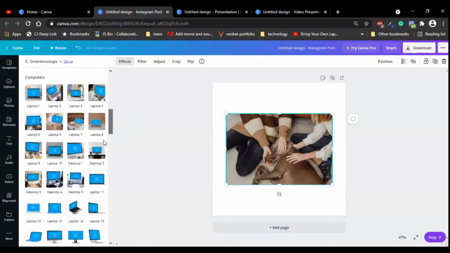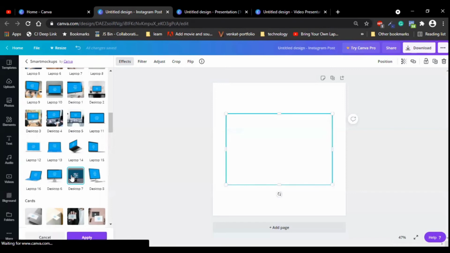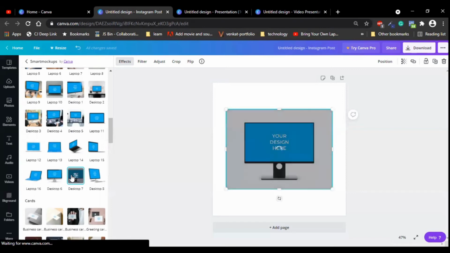Like if I'd like to add the desktop here, let me add it. I add the selection from the smart mockups. Now you can see the magic from Canva. See your design here, and the image has been updated in the smart mockup in your design area.